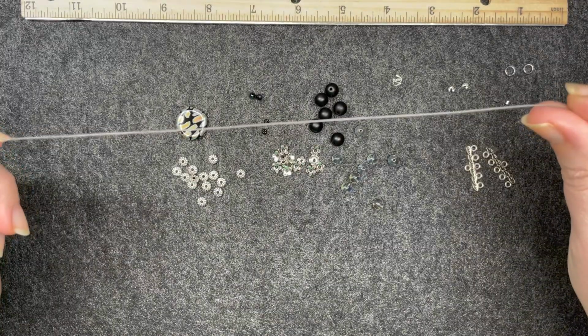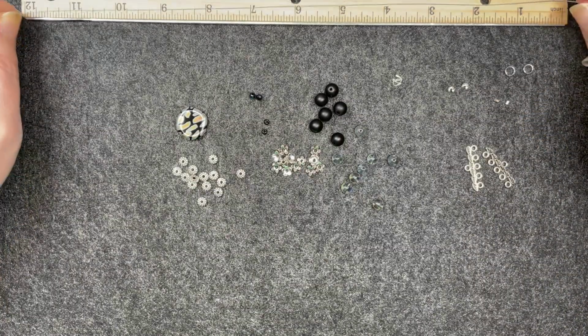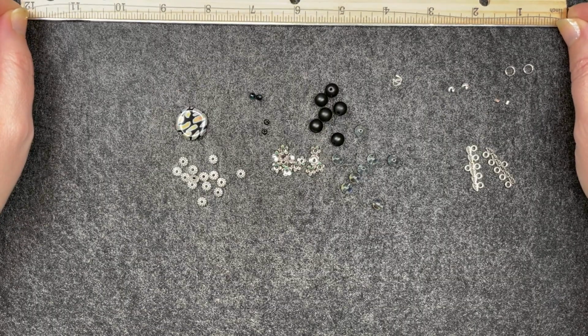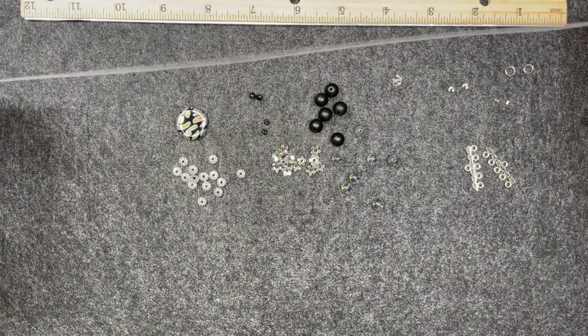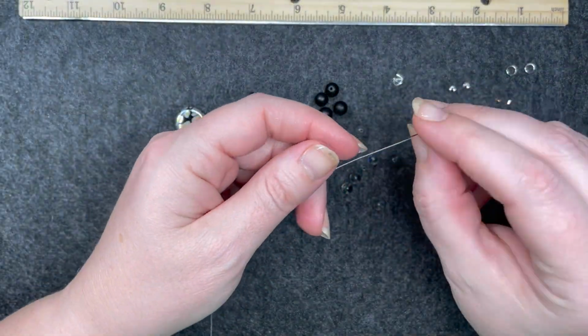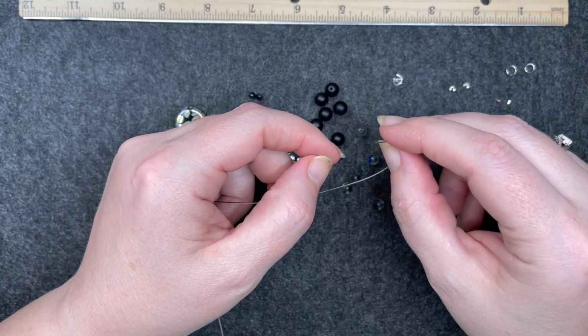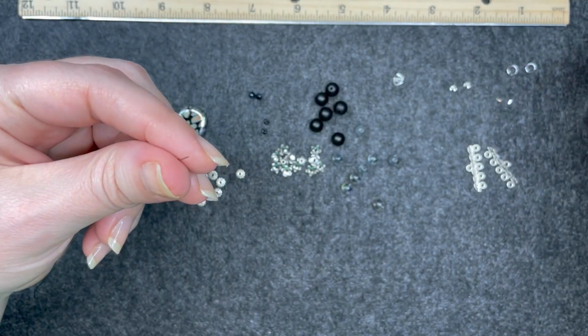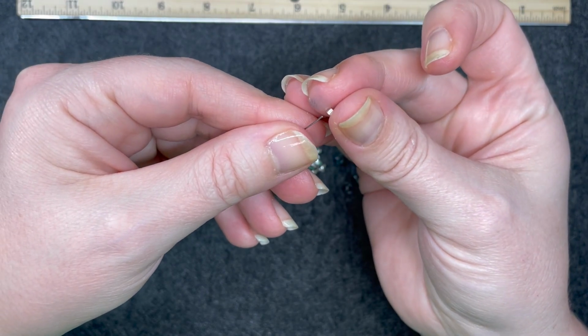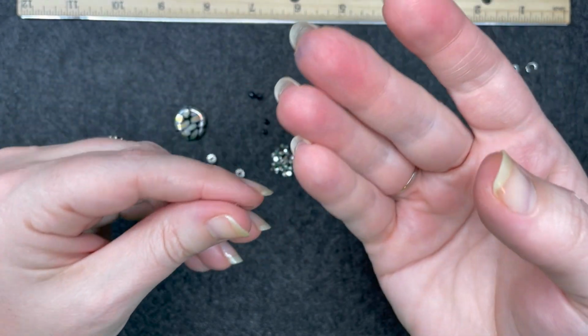I have already cut a piece of wire. It is right at 12 inches, maybe a little bit over. I like to have a little bit of excess when I'm making this, so I have space to close it off on either end. So here is how I started off. On one end of the wire, I'm gonna put a crimp tube, and I'm gonna go ahead and point it out,